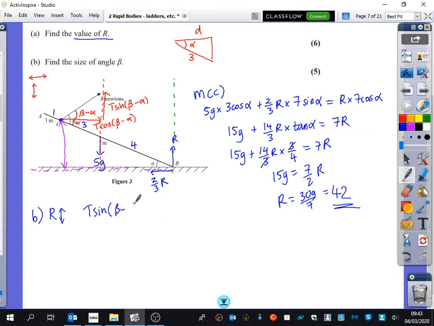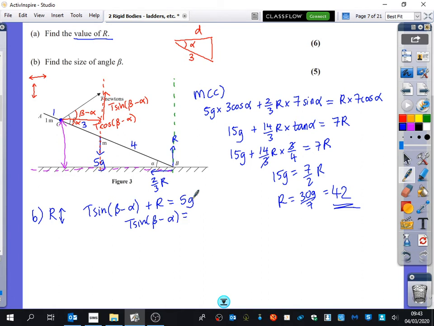T sine beta minus alpha. And what else is going up? Plus R, and that's equal to 5g. We know that R is 42, so we get that T sine beta minus alpha is equal to 5g minus 42,